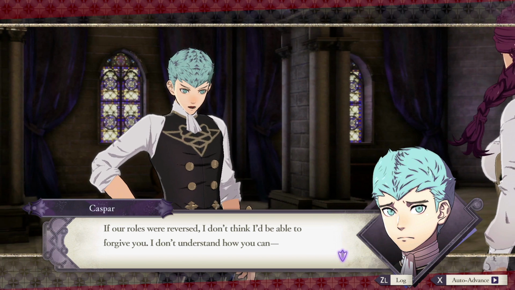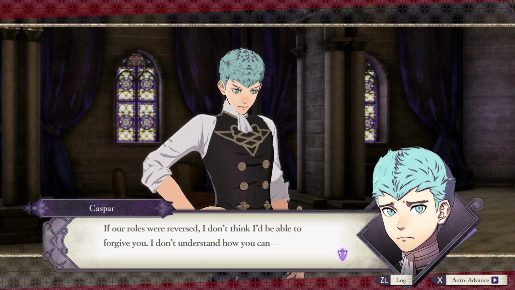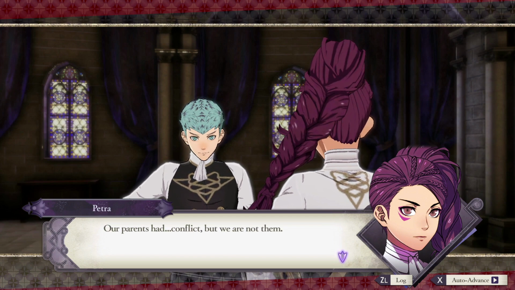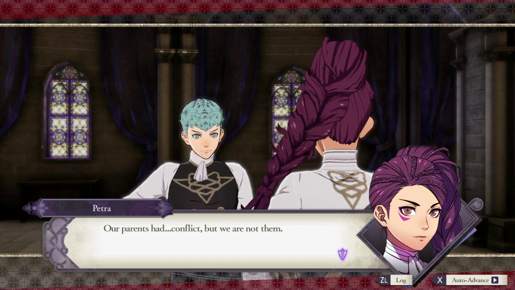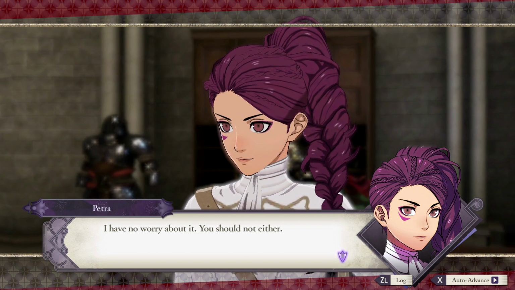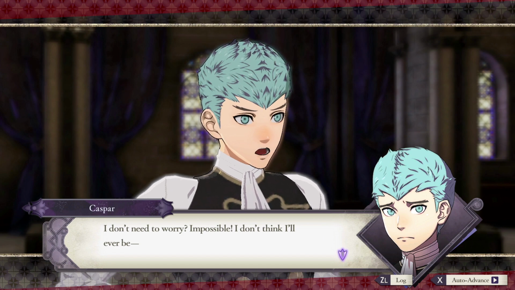If our roles were reversed, I don't think I'd be able to forgive you. I don't understand how you could just... You are not the one who did the killing, Caspar. Our parents had conflict, but we are not them. I have no worry about it. You should not either. I don't need to worry? Impossible. I don't think I'll ever be...